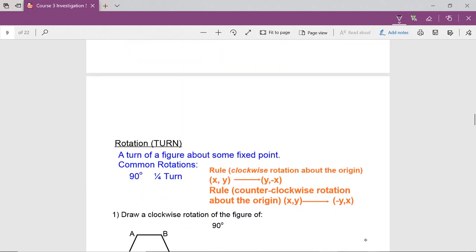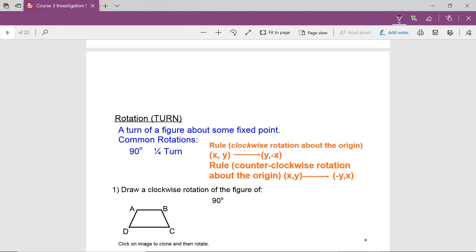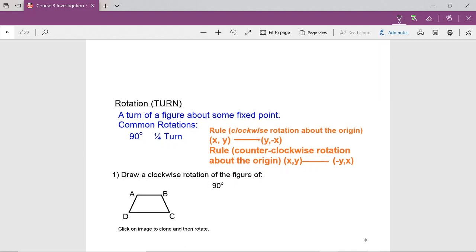All right, now we actually have some really good rules to do this rotation, and it really does help to do the transparency paper, so as much as you can, please try and do that activity. But with rotations, to be honest, it's very difficult to do just by sight. Using the formulas really helps. So when we do a rotation, the thing to remember is when it's 90 degrees, we're going to flip the x and y coordinates. So for a clockwise rotation, we have